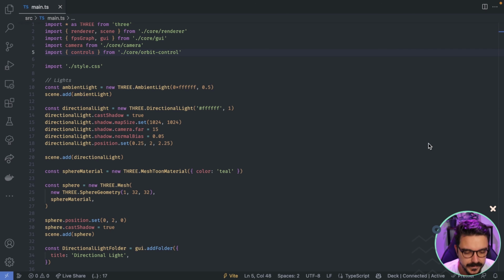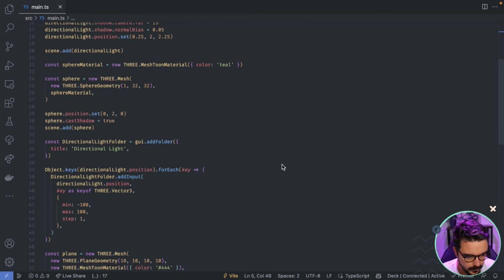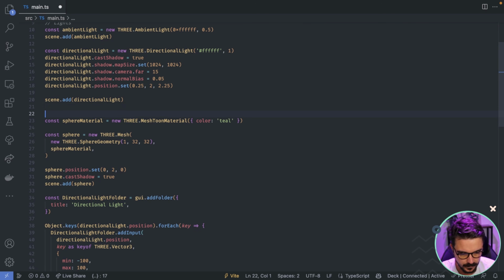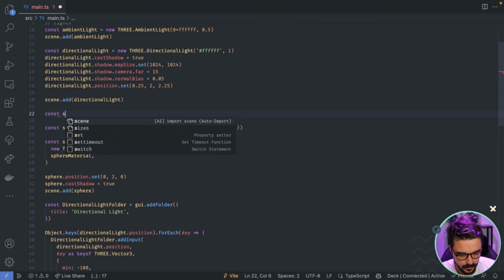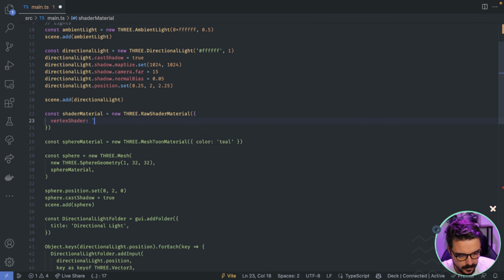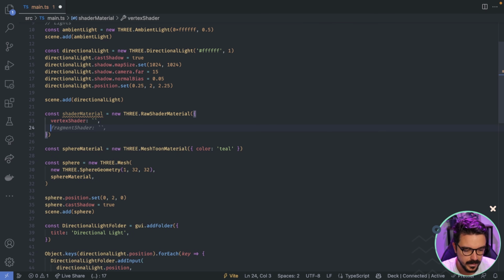Let's create some shaders. So let's go around here where we have our objects, and I'm gonna create another material. This is gonna be called shaderMaterial, and it's gonna be a RawShaderMaterial. Inside of it, we're gonna have the vertex shader, which is the one that controls the position, and we're gonna have a fragment shader, which is responsible for the colors.